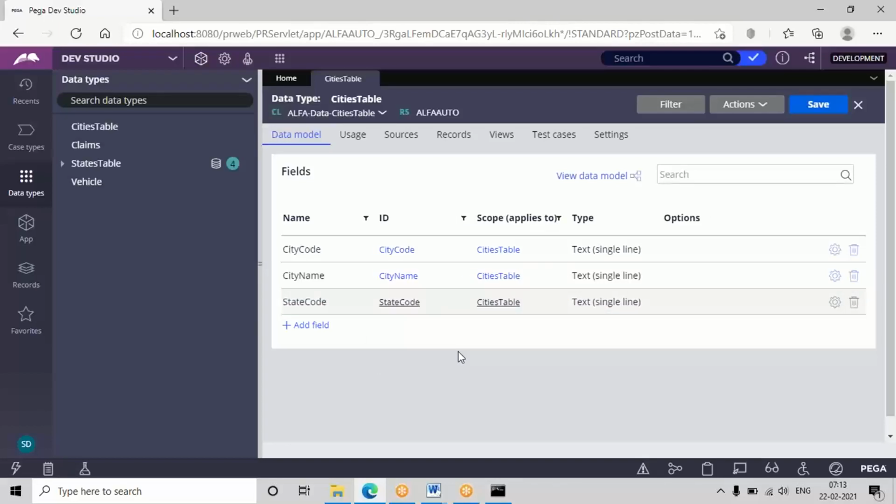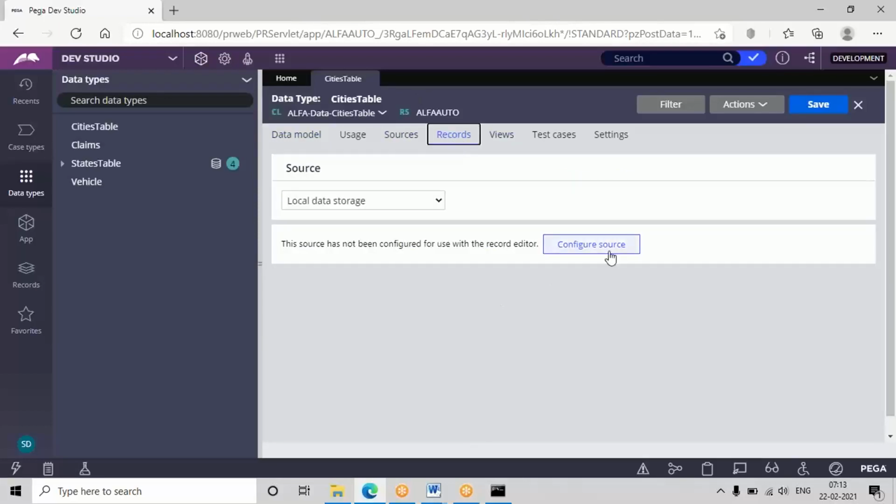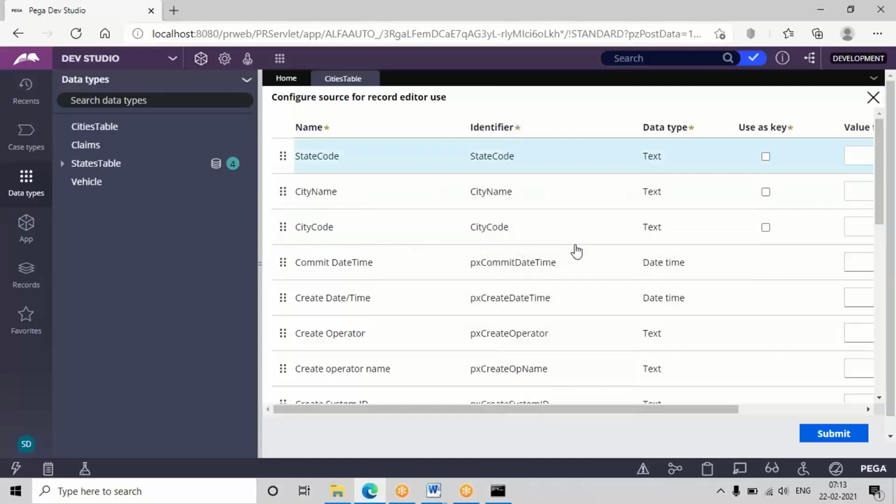Now, the next step is to set the source here. Go to records. See here, city code will be set as the class key. Configure source and enable this checkbox. City code I'm setting as a key, and submit this.